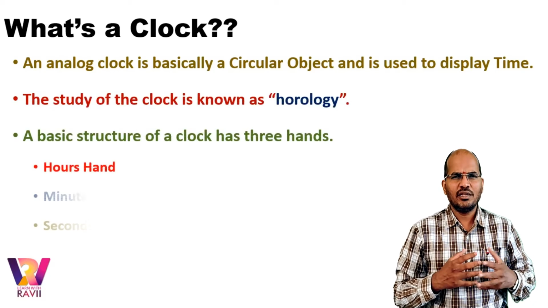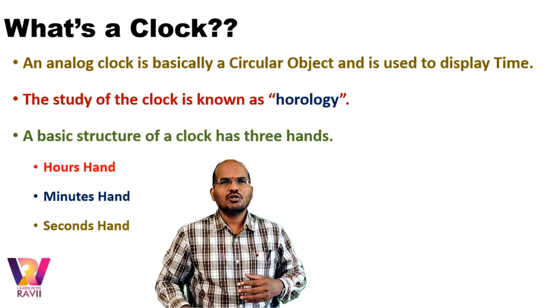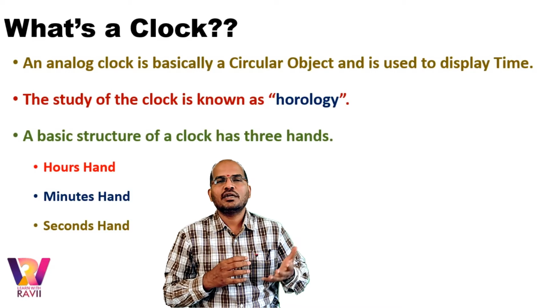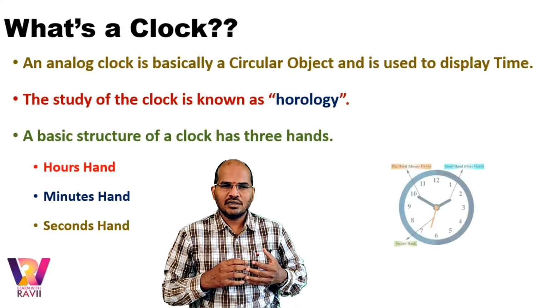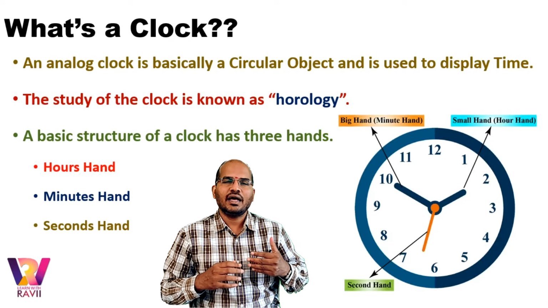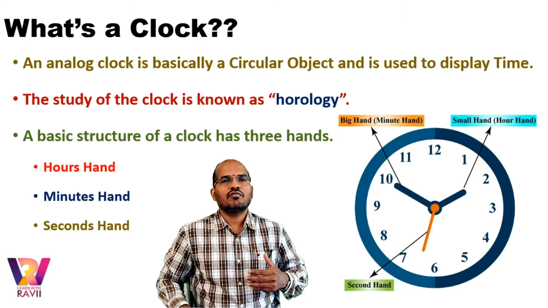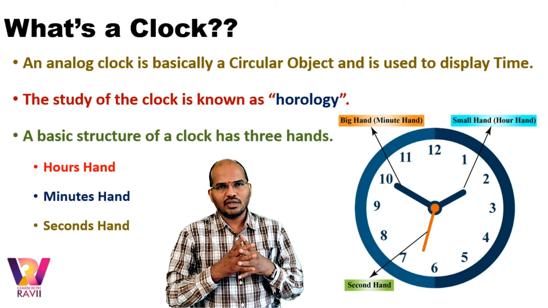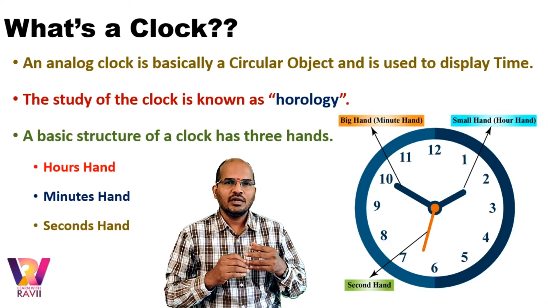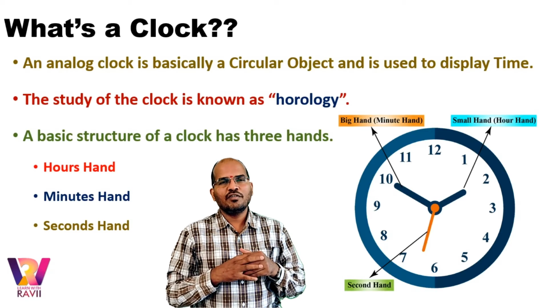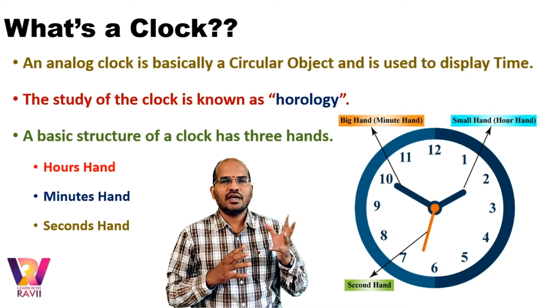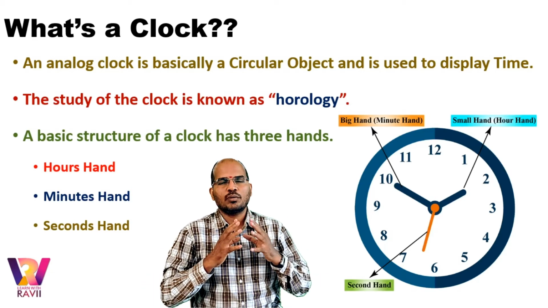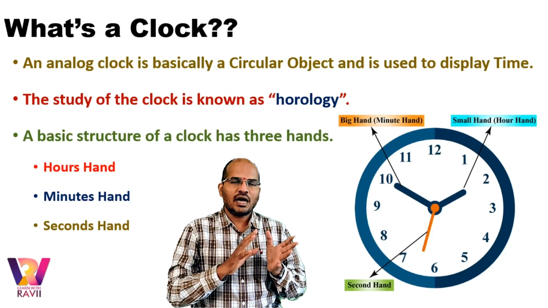Now let us get back to the basic things. What does a clock contain? So basically a clock contains three hands. The hour hand, the minute hand and the seconds hand. Now we all know that a clock is circular in shape and is meant to display time, and even a school kid will tell you that we find three hands, an hour hand, a minute hand, a second hand. But in the concept of clocks, the problems are basically based on the hour hand and the minute hand only.